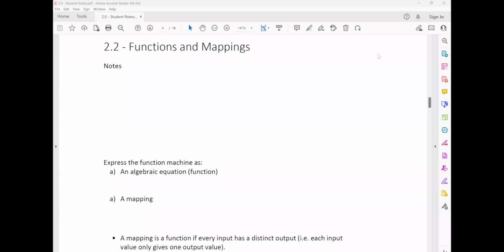So this is Pure 2, chapter 2.2 about functions and mappings. So notes, a bit of writing to begin with. First of all, we have to know what is a mapping. So first bullet point, a mapping